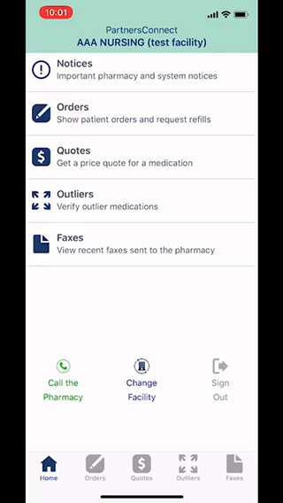And that is the functionality of the mobile app. It follows all HIPAA security rules and regulations, so there's no data that's left on the phone. There's no images that are left on the phone. And once